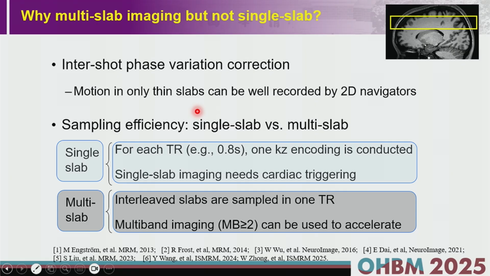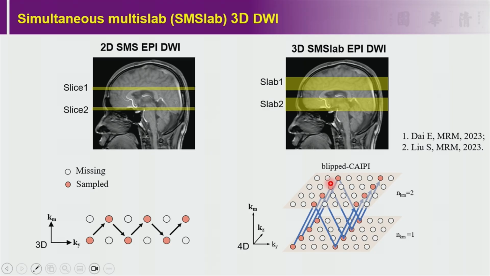For multi-slab imaging, you can use an interleaved sampling scheme. So you can squeeze in a lot of slabs in a single TR. Also, if multiband can be used, it can further accelerate the sampling efficiency. Therefore,